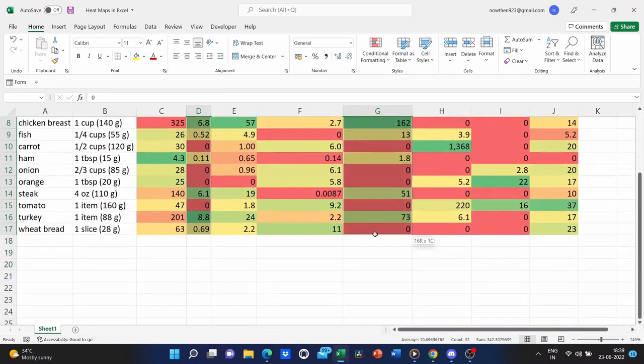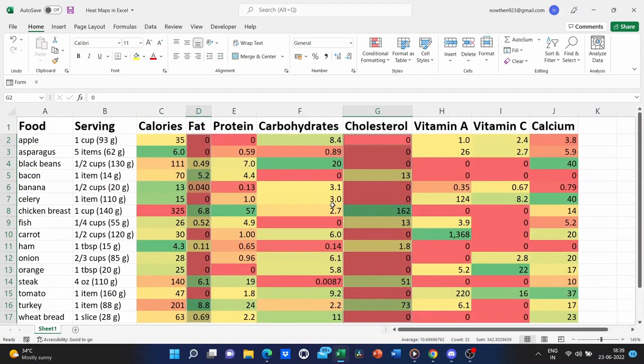Let's say we want to limit the amount of cholesterol and then vitamin A, vitamin C, calcium. We would like to keep those high so the higher numbers could be better and so they're in green. I'm going to leave those as is. But I would just like to change fat and cholesterol to match calories so that the higher numbers will be marked red and the lower numbers with green.